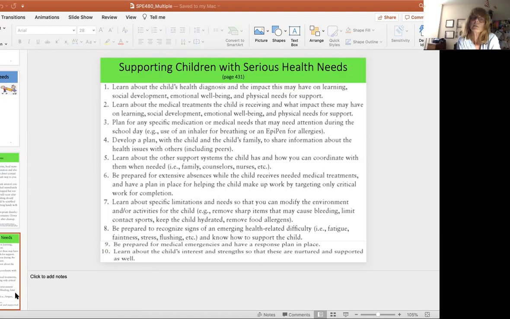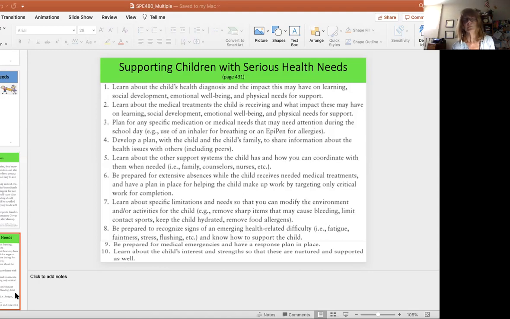Also, to think about what the specific limitations and needs are, where you have to modify something because of a child so they are not injured in the course of PE,